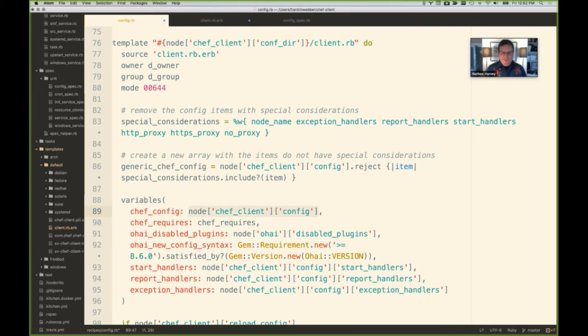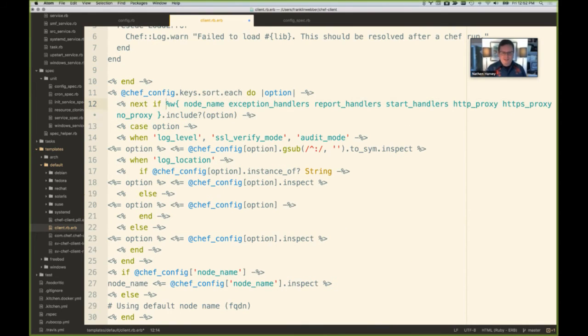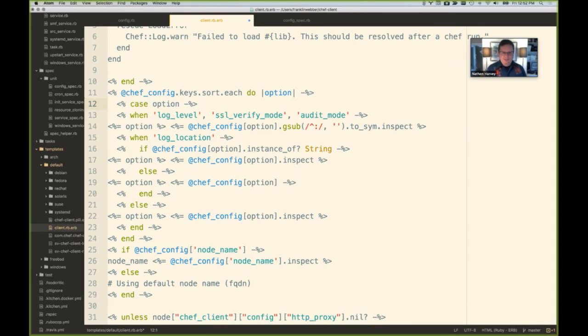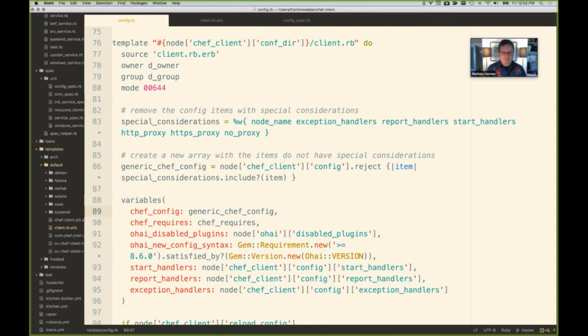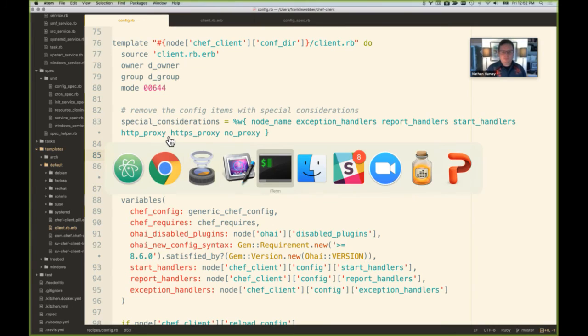All right. So here, I'll put the generic chef config. And then if I go back to the template here, I think I could just delete this line. Because now we've essentially done some pre-sorting before we threw it into the system here. This is not the best in terms of where we want to finally leave the code, but let's execute